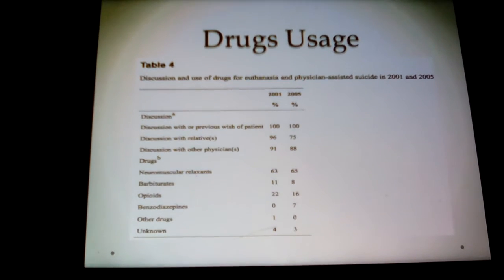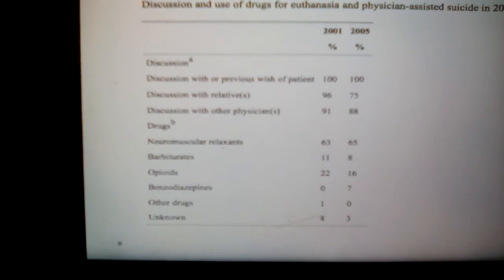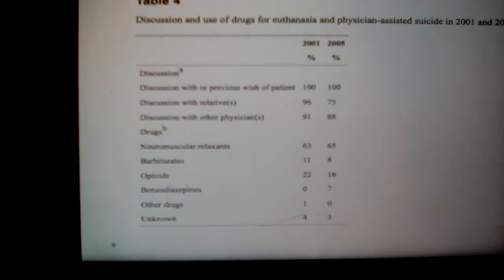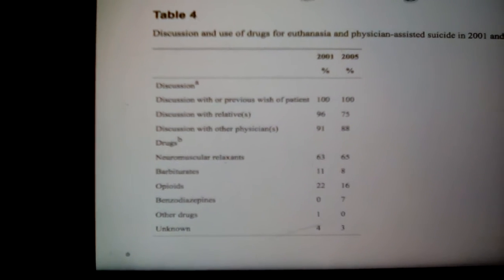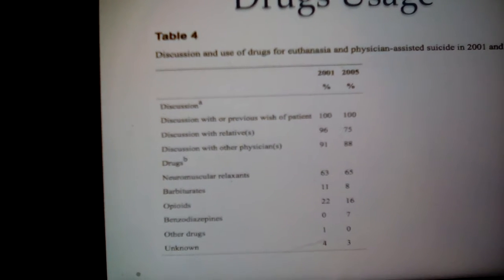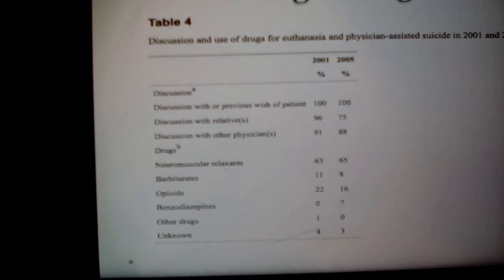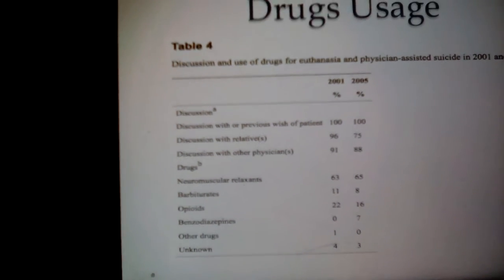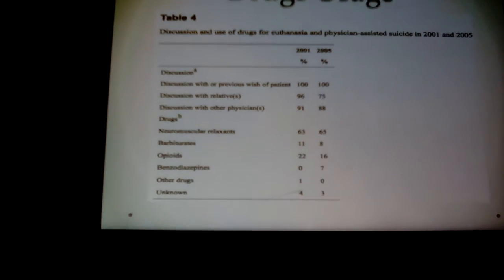So here you can see the different types of muscle relaxers they use, and different types of medication that they use here. Some of the drugs that they have used, and I'll just read them out for you, are a neuromuscular relaxant, a barbiturate, an opioid, benzodiazepines, and other drugs. But the drug that they mainly used the most was opioids, and that makes sense